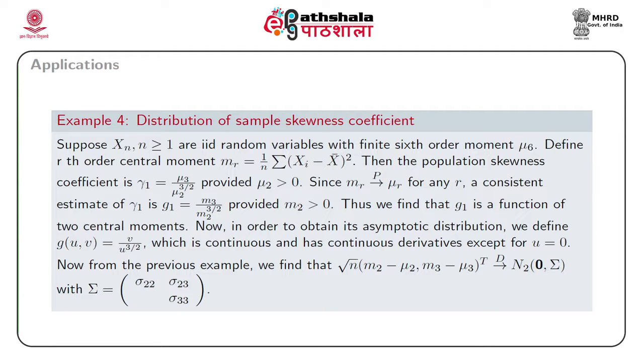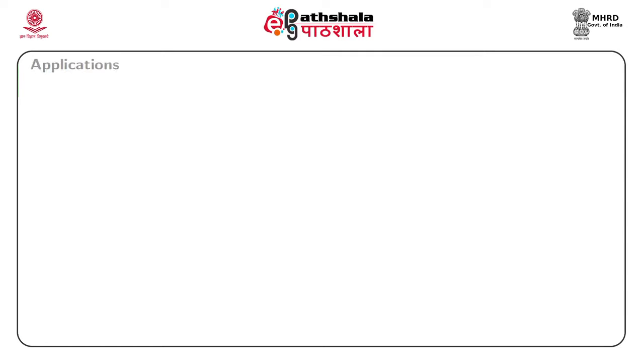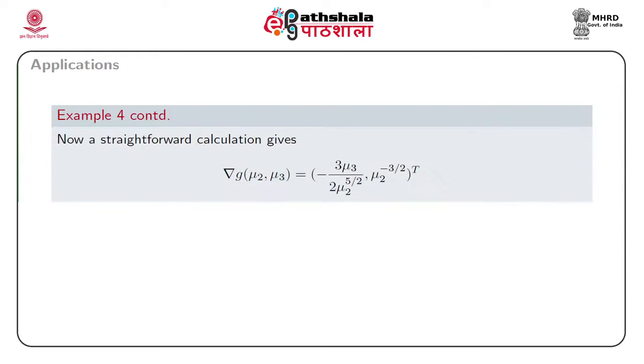Now, in order to obtain its asymptotic distribution, we define g(u, v), that is the g function, as v divided by u to the power 3 by 2, which is continuous and has continuous derivatives except for u equal to 0. Now, from the previous example, we find that the large sample distribution of m2 and m3 is bivariate normal with mean vector 0 and dispersion matrix sigma, where this sigma matrix has elements sigma 2 2, sigma 2 3 and sigma 3 3. Now, a straightforward calculation gives the gradient vector of g evaluated at (mu 2, mu 3) as